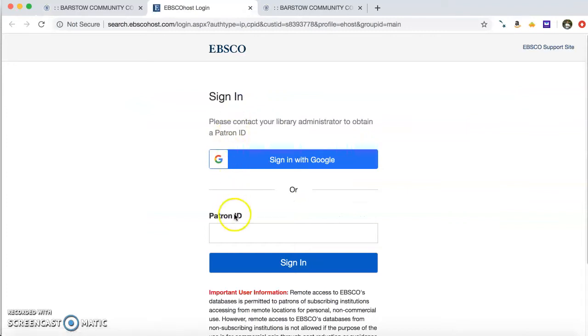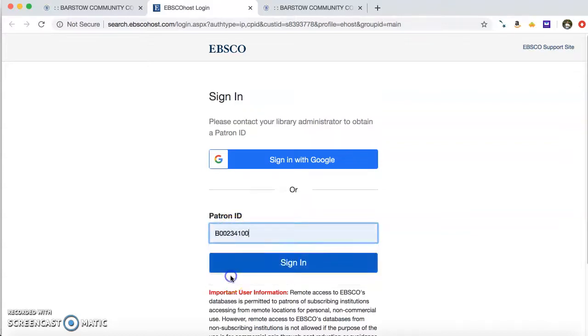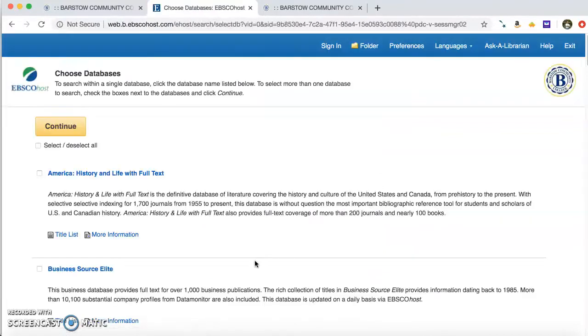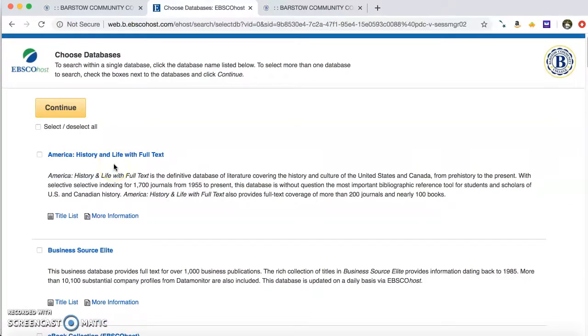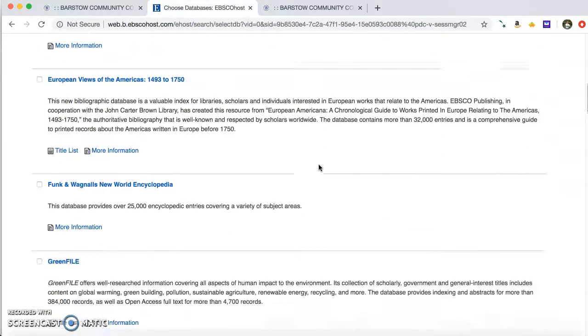When you sign in, you're going to enter your patron ID, which is your B number. That will work for all active students. You have the option to go through many different EBSCO databases. You can select any one of these databases. The one we'll be focusing on today